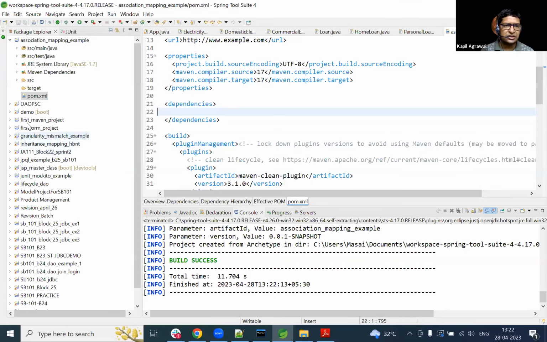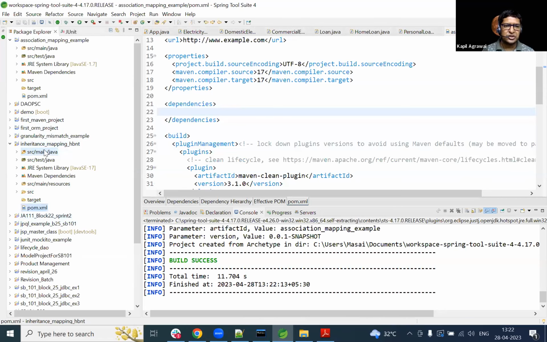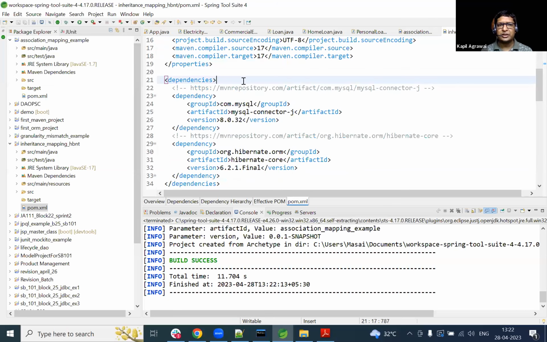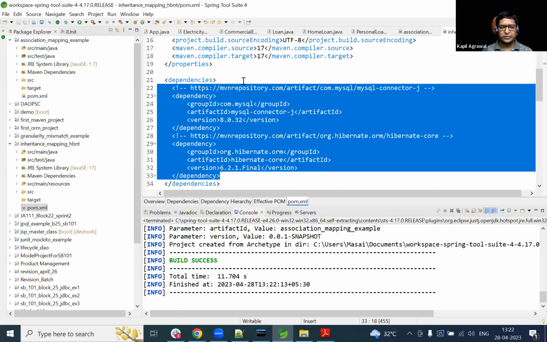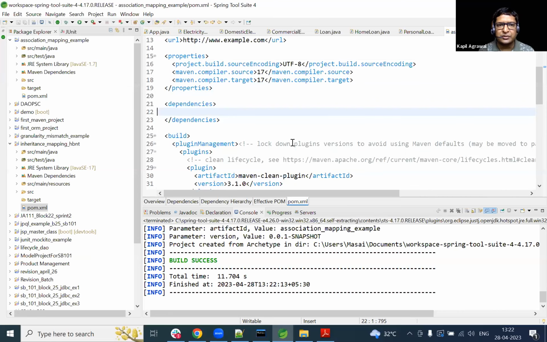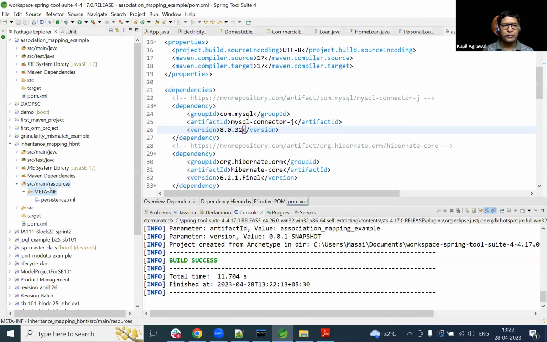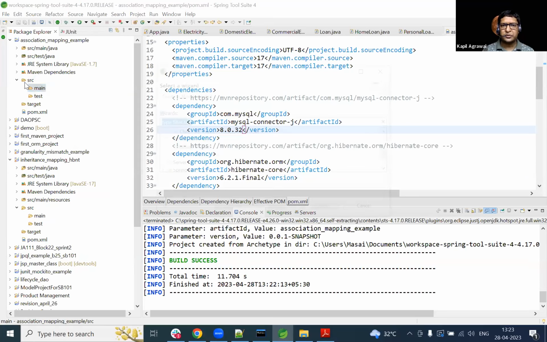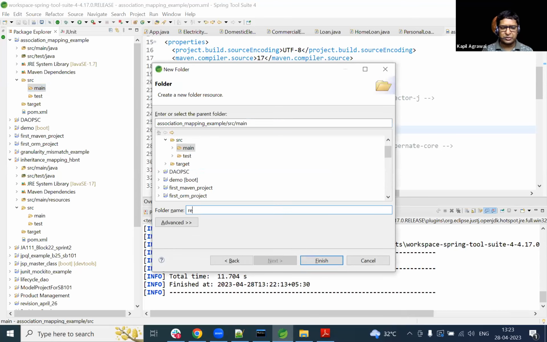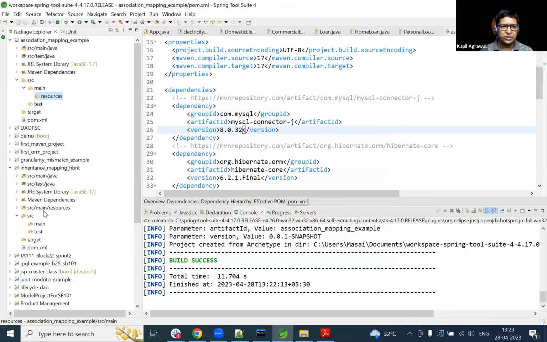Then for the dependencies, two dependencies are something that we use so much. One dependency is the MySQL connector and the other dependency is Hibernate. Both the dependencies are added. After adding both the dependencies, I have to copy src/main/resources. So within src, within main, first of all I have to create a new folder named resources. Within the resources folder, we have to copy the META-INF,